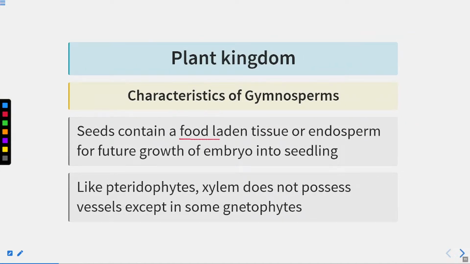Seeds contain food-laden tissue or endosperm for the future growth of the embryo in the seedling. We all know that endosperm is formed for providing food for the developing embryo and also at the time of germination, right? So this endosperm is very, very important. But there is a slight difference between gymnosperm and angiosperm